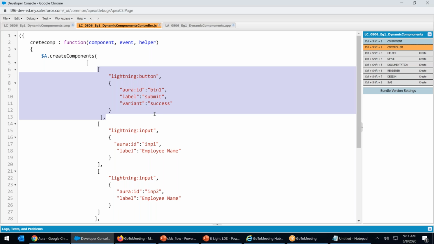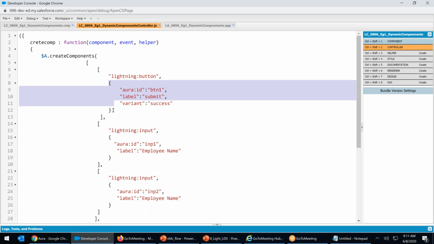First one looks good. Anywhere we missed, or ID? Check this out also. So that's good. btn1 label, this variant is the success, no comma at all, fine. It is closed. There is a JSON comma. Format means I think single column, right? No. Why?